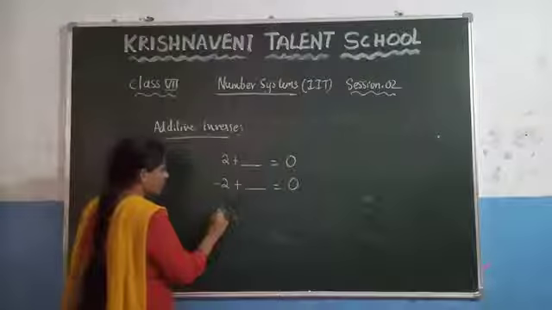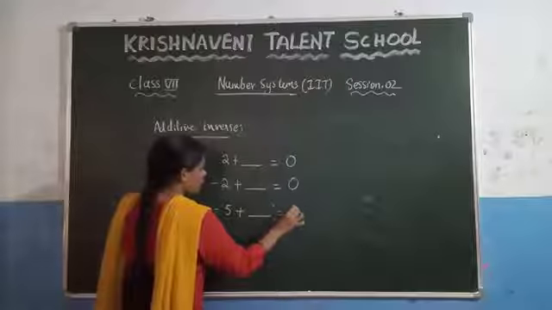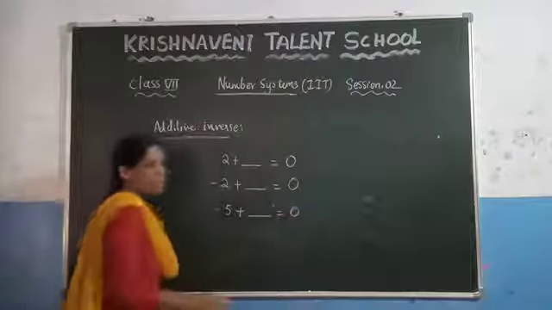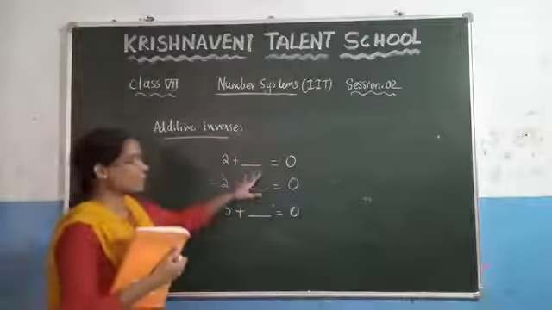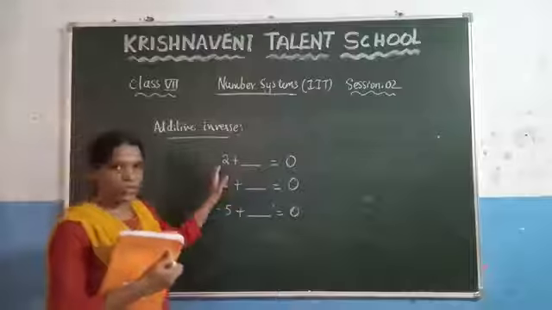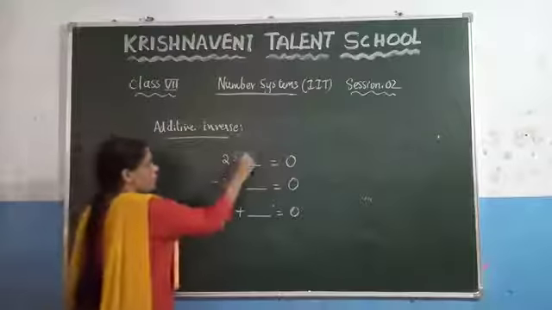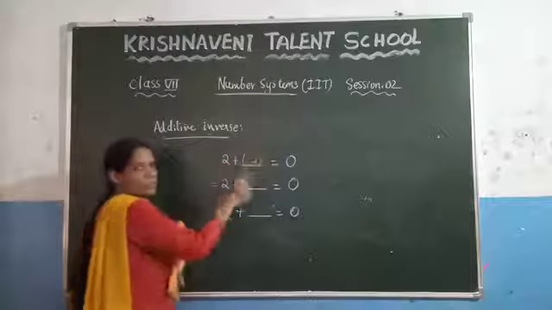Consider a few more numbers, which is -5 plus the same thing, you need to get the result as 0. Which number we are adding here, that number will be the additive inverse of the given number. Which number you need to add here so that you are getting the result as 0, which is nothing but -2? Because you know that 2 minus 2 is 0.